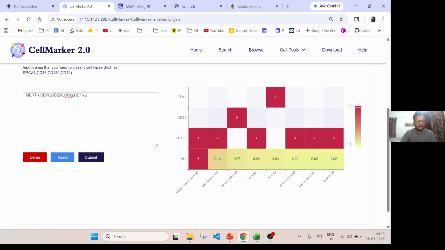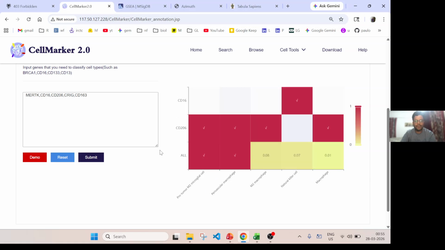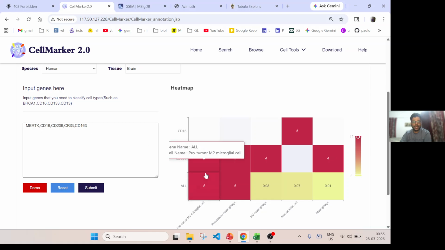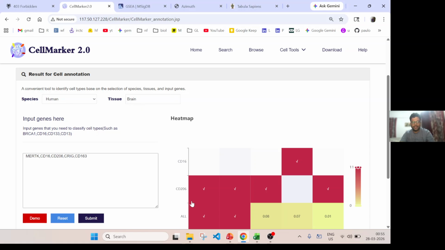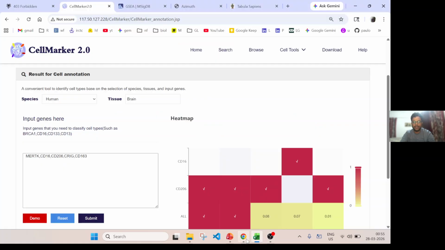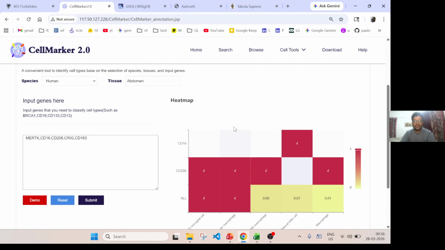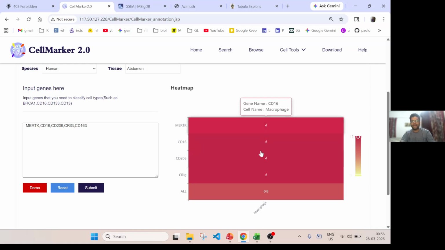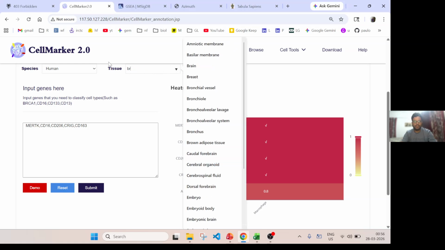I don't know whether it will work or not, because I have not tried it before. Okay, so now, of these 4 genes, they have the information for human and brain. Let's do one thing, let's select abdomen, because this is from abdomen. If I submit, all these 4 markers will come, and because it's from there, it is expressed. So let's change it to brain only